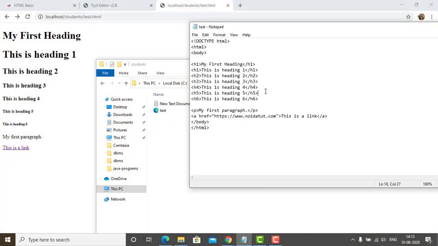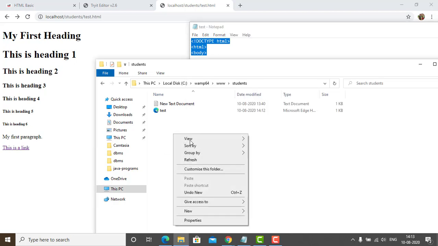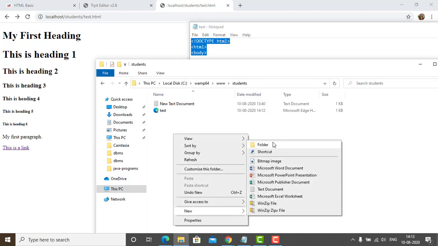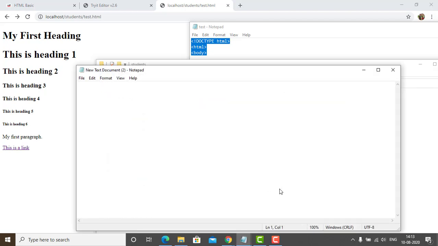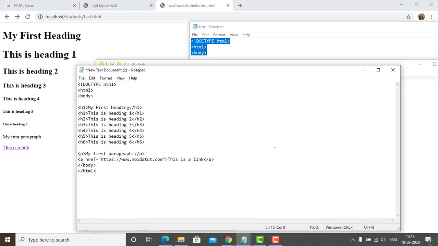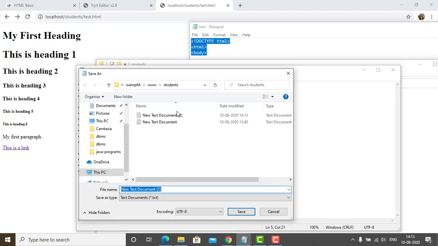I am copying the entire thing, making a new text document, opening it, pasting it over here and typing first, second, and saving it as t.html.